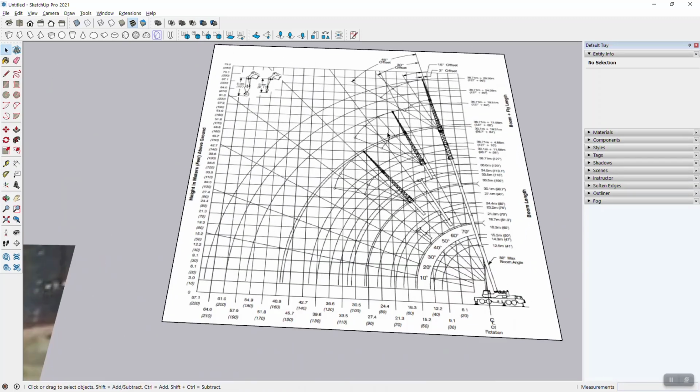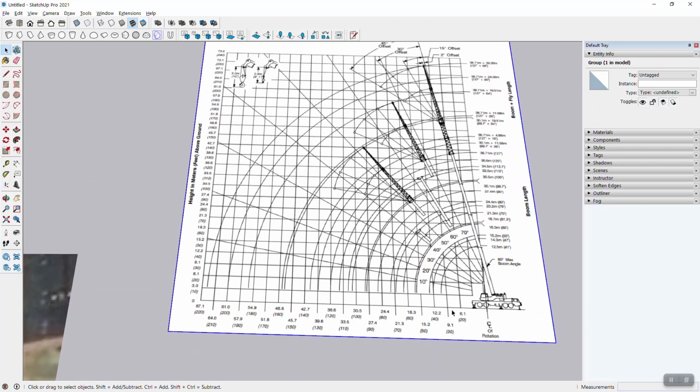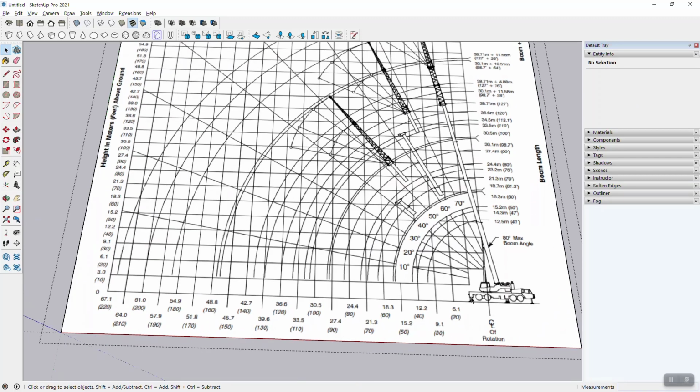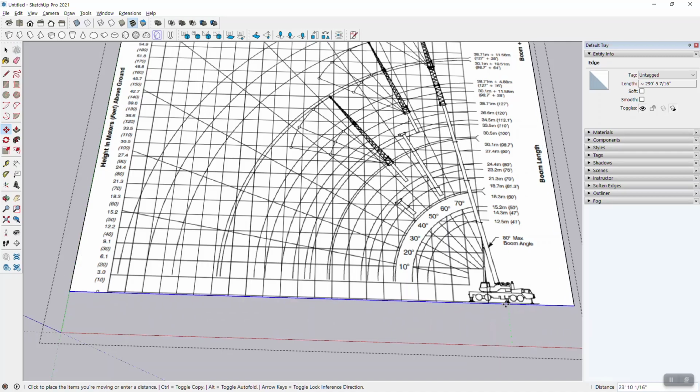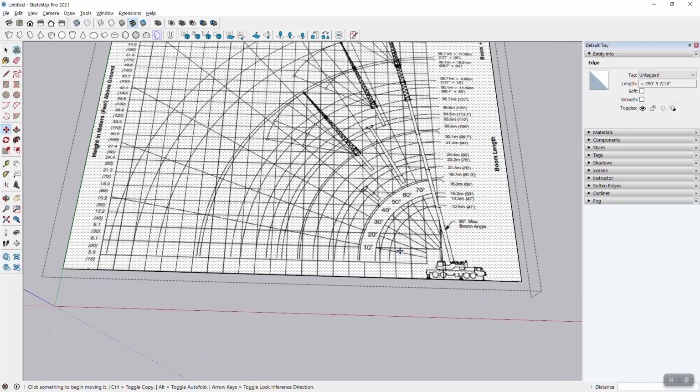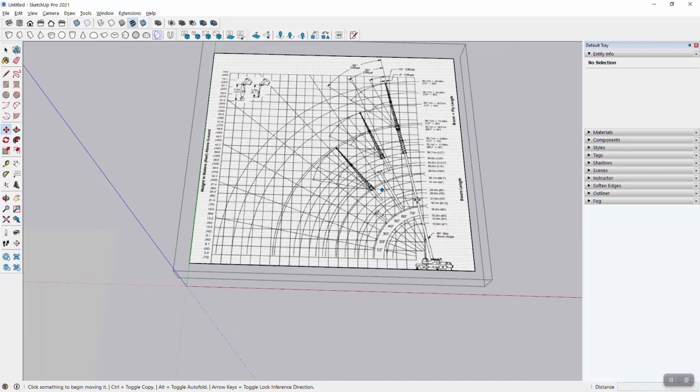Okay, so now what we're going to do with this here, well, I'm going to only use parts of this, and you may need to use it differently, but I'm going to cut off the bottom here so that basically my crane sits on the ground. So I'm going to use my move tool, and I'm just going to move that bottom line all the way till there. Okay. So now we've got that,